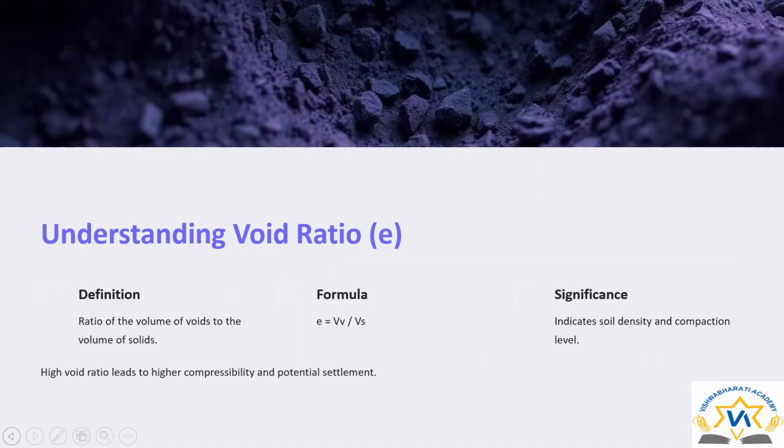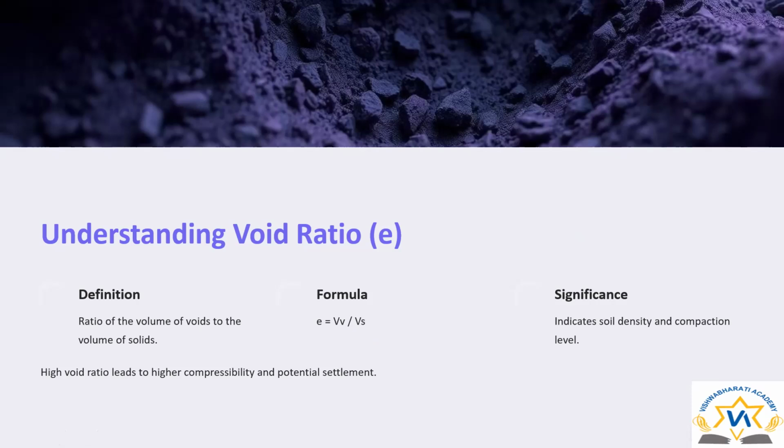It is called the void ratio. The formula for calculation of the void ratio is e is equal to Vv upon Vs, where e indicates void ratio. But why are we calculating void ratio? To find out